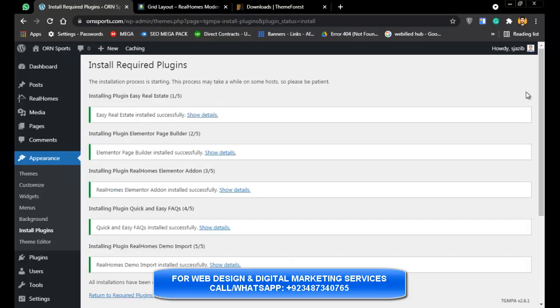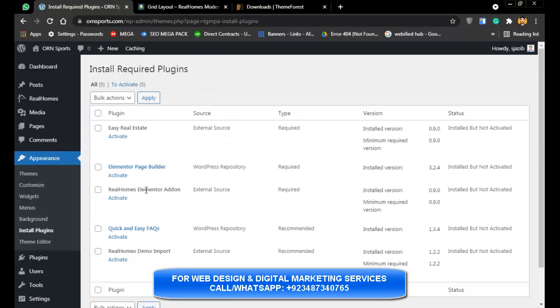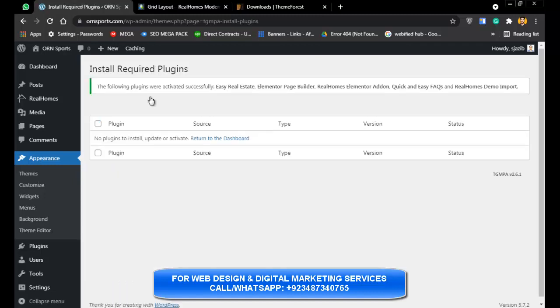Now all the plugins are installed, and we have to activate them. Select all plugins, click on activate, and click on apply. So all the plugins are activated now.